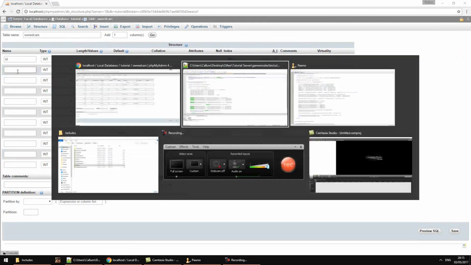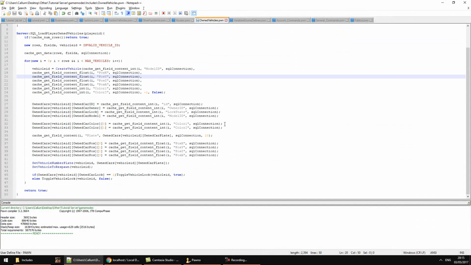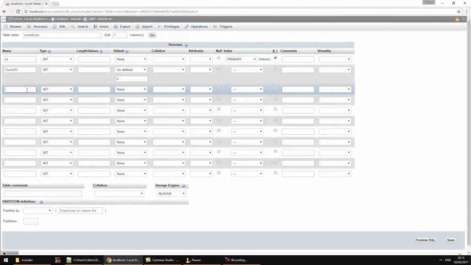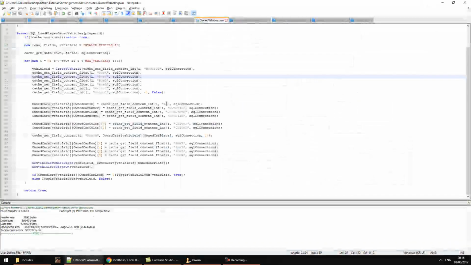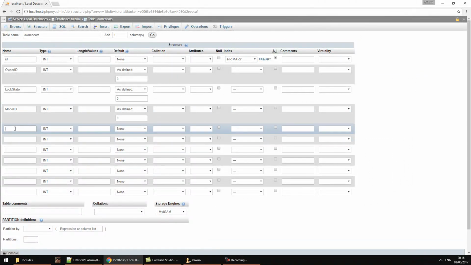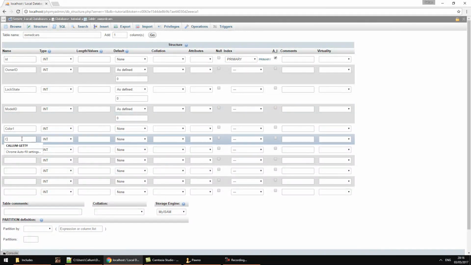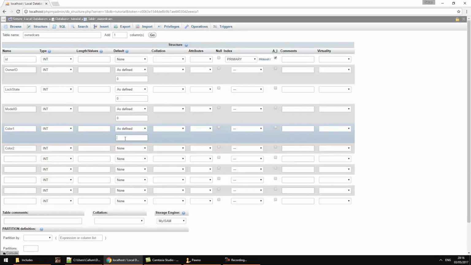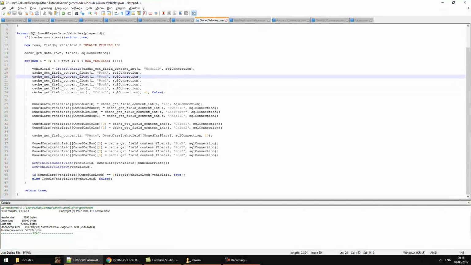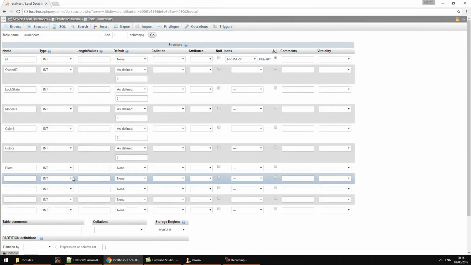The first one is going to be ID as usual, auto incremented. Okay, there we go. Owner ID lock state, so owner ID default value of 0, lock state default value of 0, model ID default value of 0, even though it'll always be set, color 1, color 2, same again, 0, 0, plate of variable variety of characters of 10, default value none,